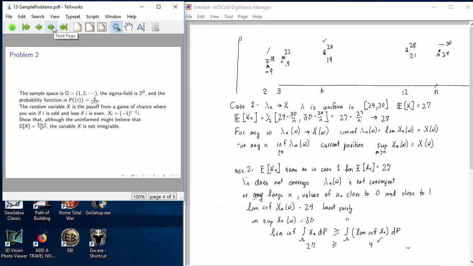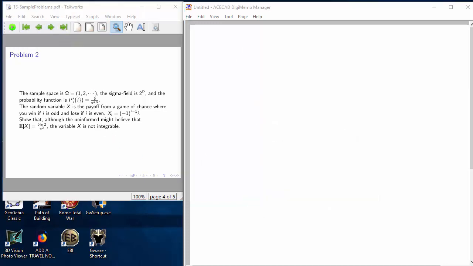Okay, we'll move on to number 2, which is substantially more straightforward. So, here our sample space consists of all positive integers. The sigma field is 2 to the omega. That's uncountable, but manageable. And the probability function looks really weird. The probability function that I have chosen is